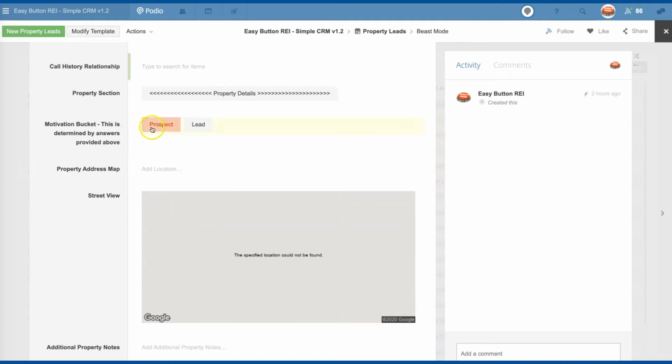Everything that comes in originally, you'll want to mark it as a prospect. Once you set an appointment or they have a house that you can actually go out and do an appointment or over the phone appointment, they're interested in an offer in selling, it would be a lead at that point. And that's really what you're trying to track. You're tracking all those that have come through the system versus those that actually have a house that you can make an offer on and get to an appointment. Once you fill in this map field, anytime you fill it in, it's going to auto pull back the